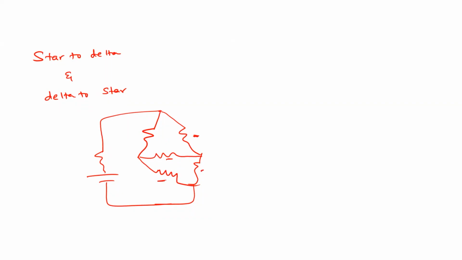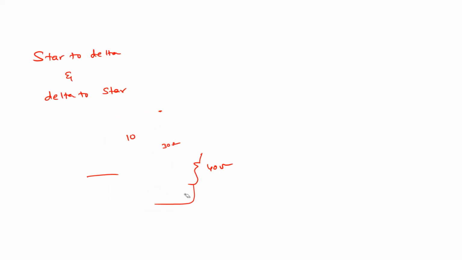Before that, one interesting thing, right? For example, this is 10 ohm and this is 20 ohm. This is 20 ohm and this is 40 ohm. Now what is this, 30 ohm. So what is the current through this one? Zero, sir. Balanced Wheatstone bridge. Some of the competitive exams usually ask this: if it is 10 by 20 and 20 by 40, that is, if the ratio is the same, in that case the current through the middle one, the Wheatstone bridge, is zero, right? That is a different thing, right?